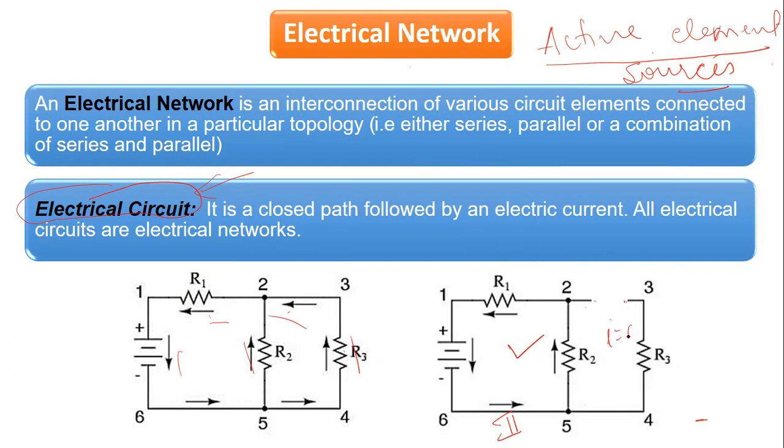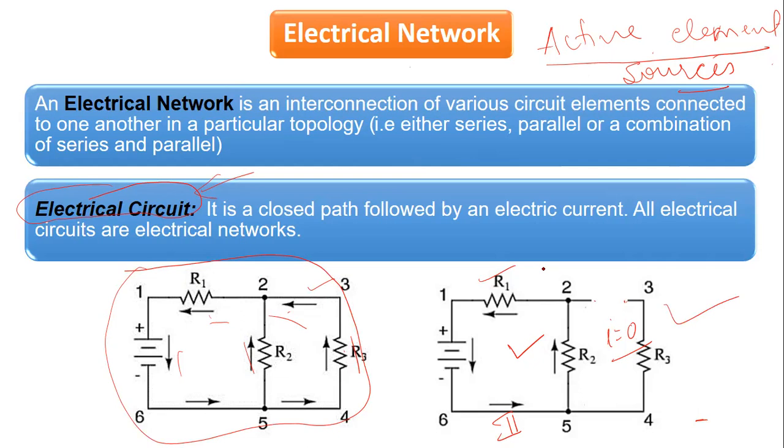So I is equal to 0 here. So what is the difference between these two circuit diagrams? In this circuit diagram, you have all the paths, all the branches closed, and all the elements have a certain amount of current flowing through them. But in diagram number 2, one of the branches, one of the elements does not have any current because